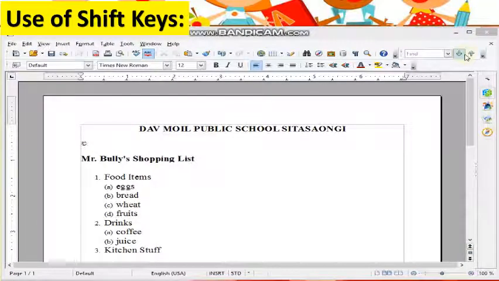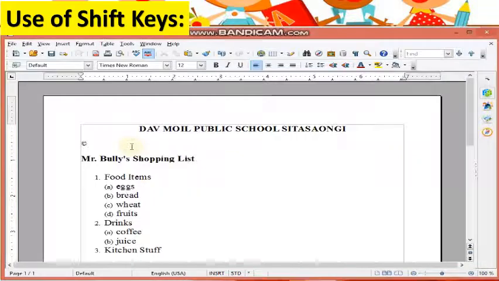Now here we see the use of the shift key. The shift key is a special key on the keyboard. By pressing the shift key and a number key together, you can insert special symbols in the document.